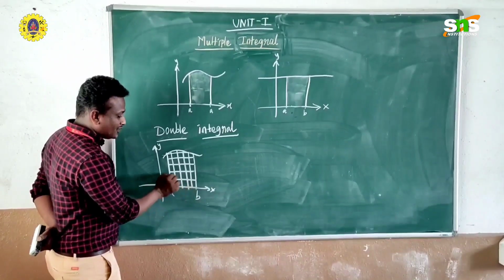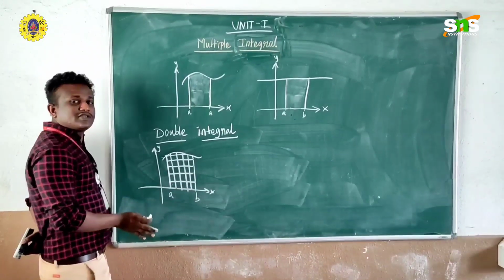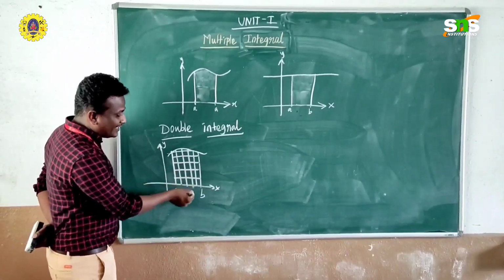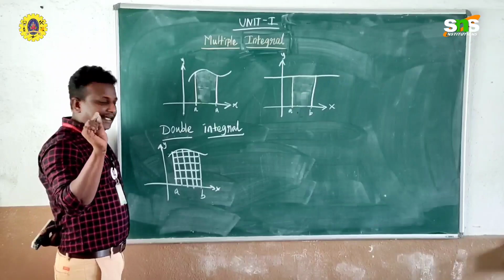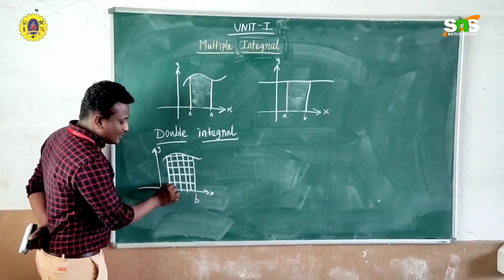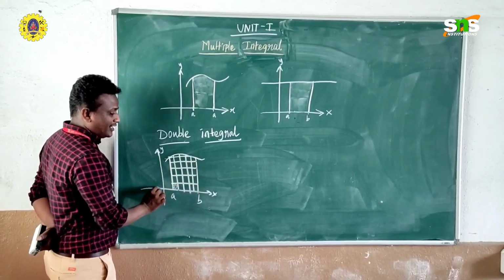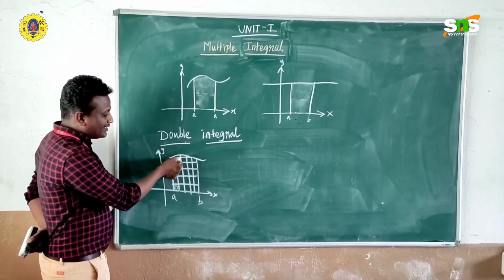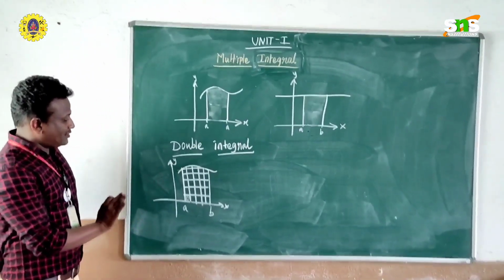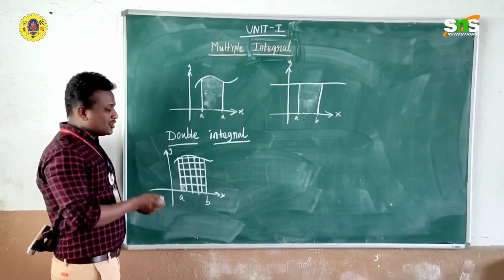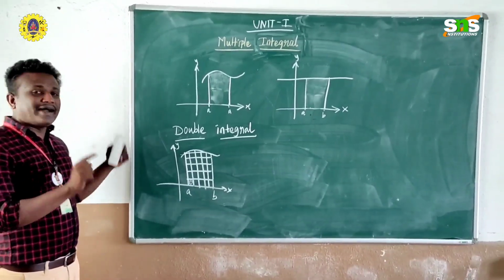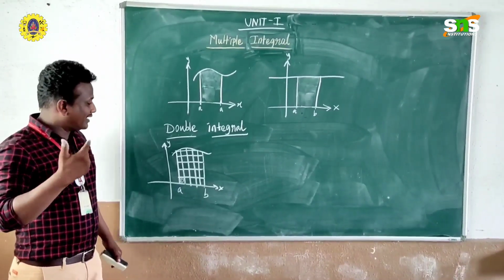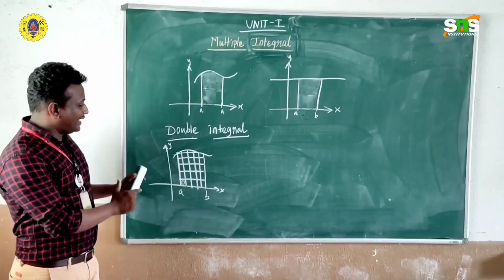Likewise, all these regions you can easily calculate by using the rectangular formula, because all these regions have equal space. If you know the area for one particular particle, that can be multiplied by the number of other particles. You need to calculate only these three objects using the single integral concept. For this purpose we are studying double integral. When you apply double integral to find the area of an irregularly shaped region, you get a more accurate answer in a short time. That is why we apply double integral.